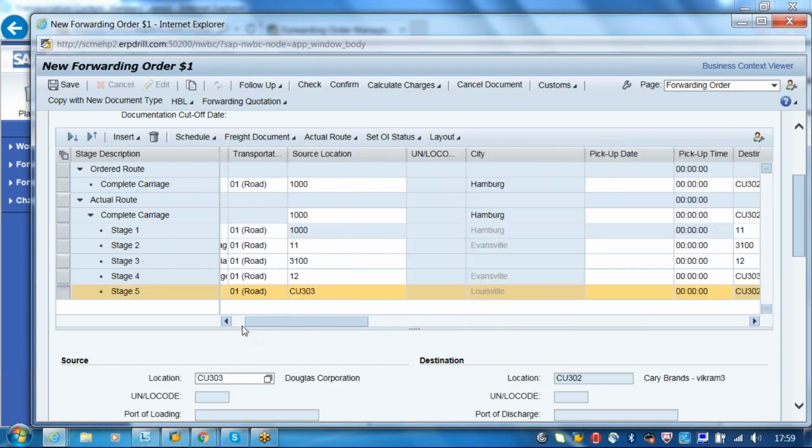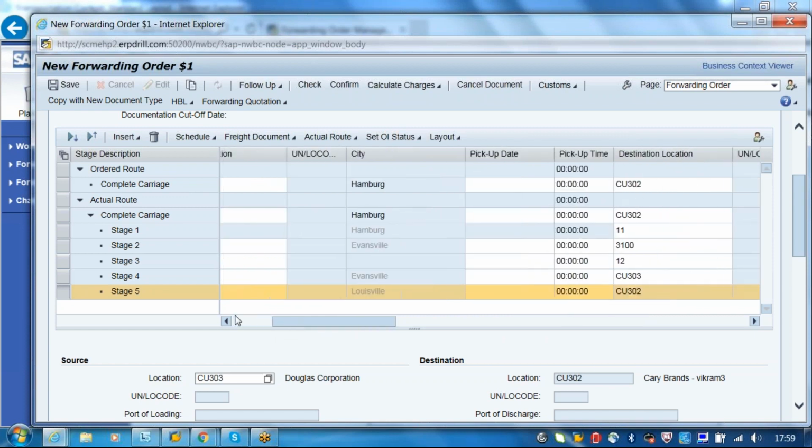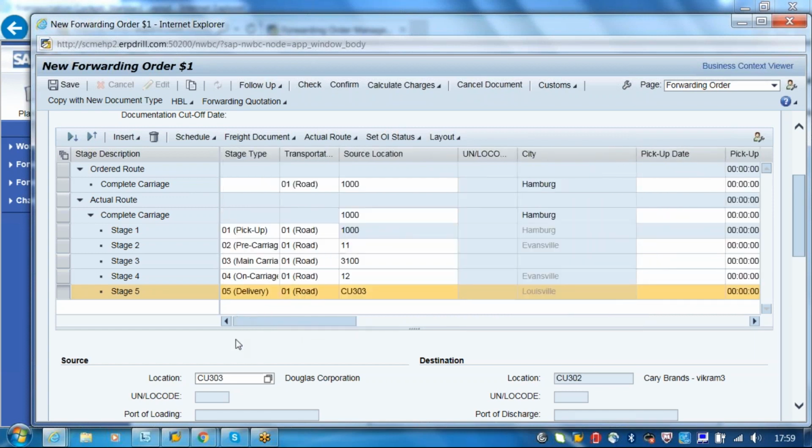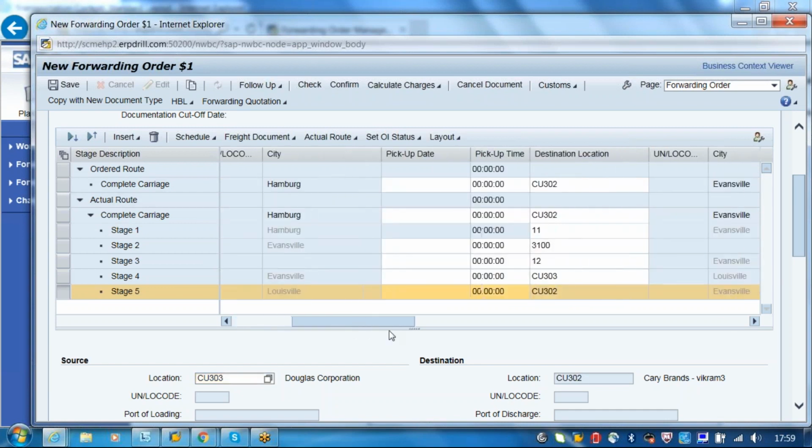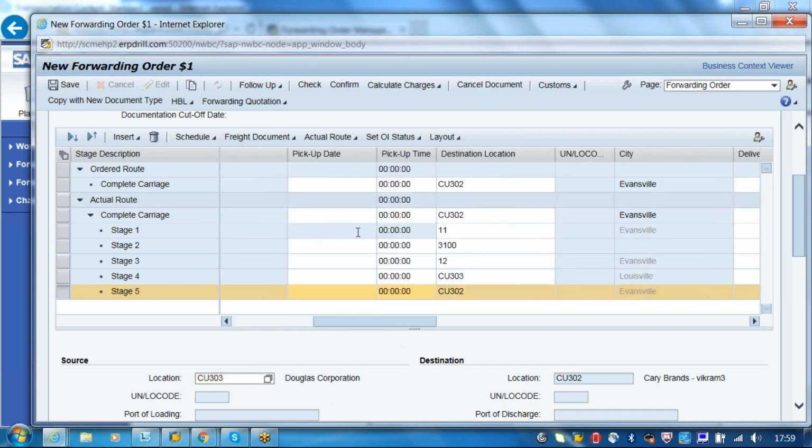Now what we have here are the ordered route and actual route. Two are there, right? Ordered route and actual route. So order route is from 01. This is the order route. Okay, so customer. This is the route which we got. But the actual route depends on your stages.